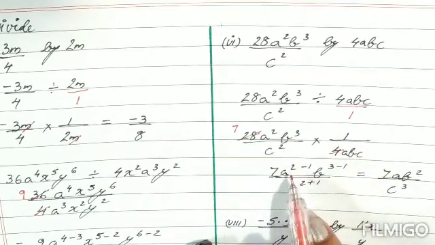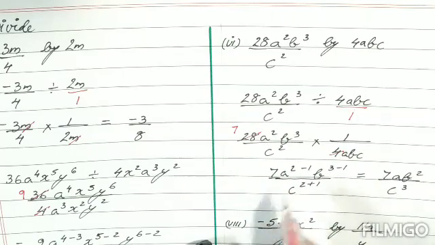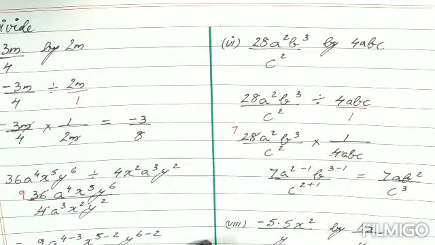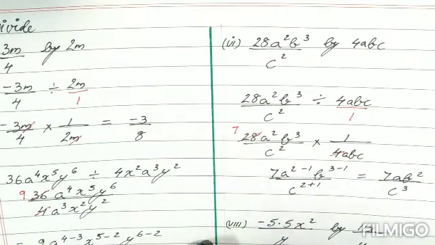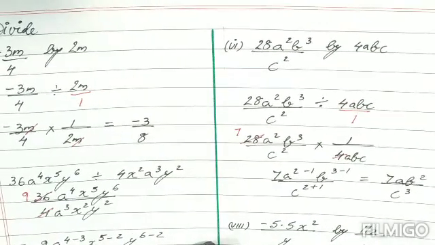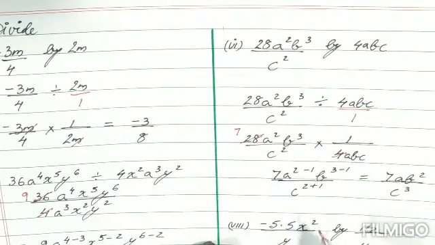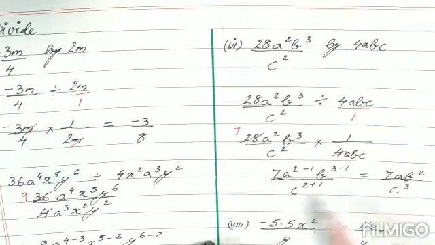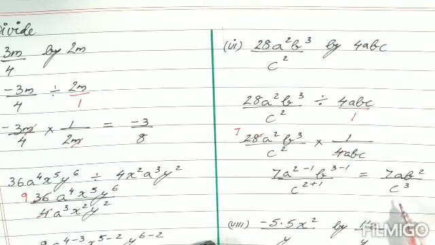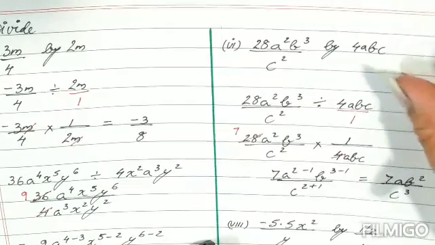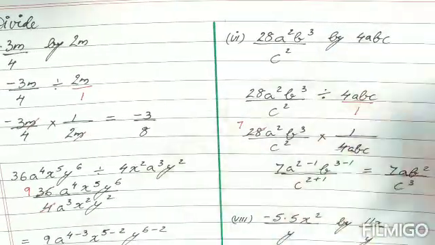So over here we are going to make use of the same law that I had told you in my multiplication video. That was the product law, children. According to that, if the bases are the same and they are being multiplied, then the powers can be added up. So that is what we have done. So this becomes the answer. Now let's see the 8th subpart of it, children.